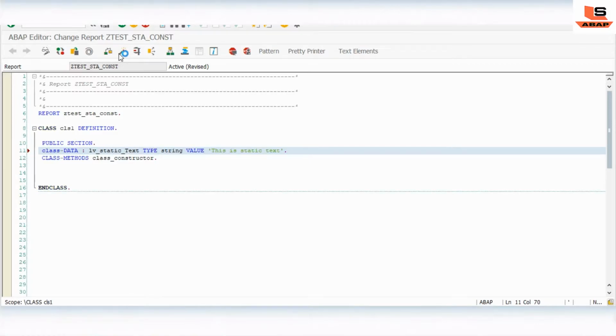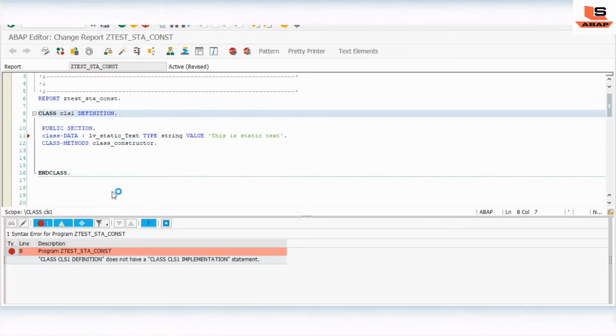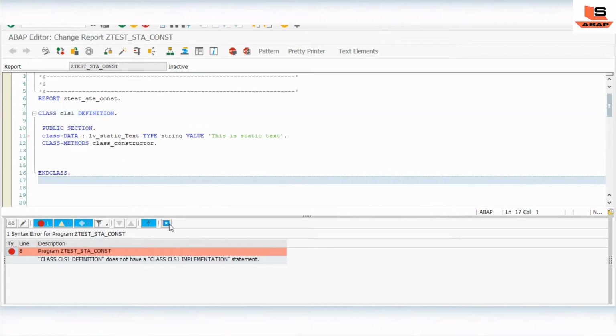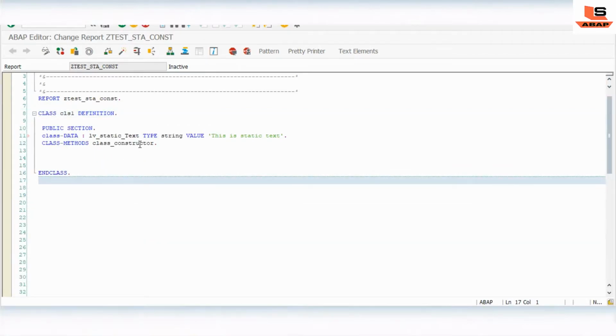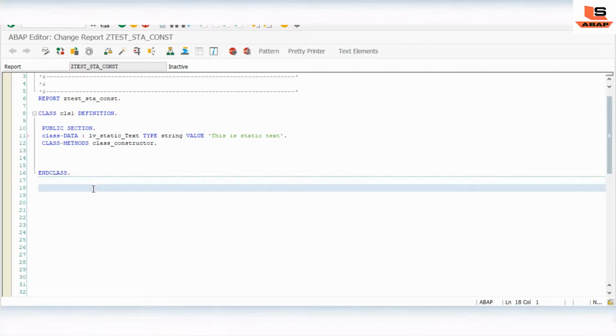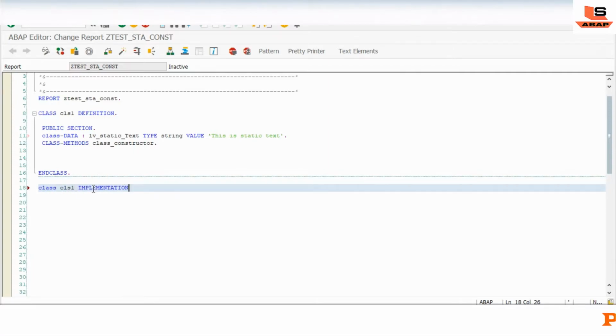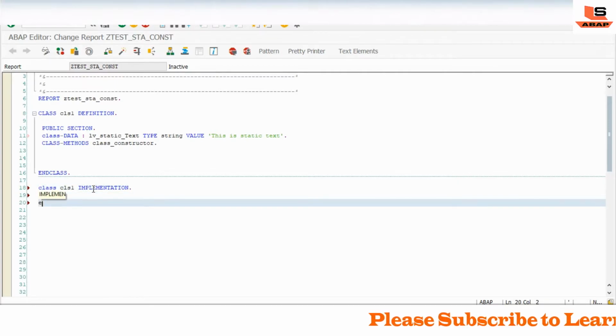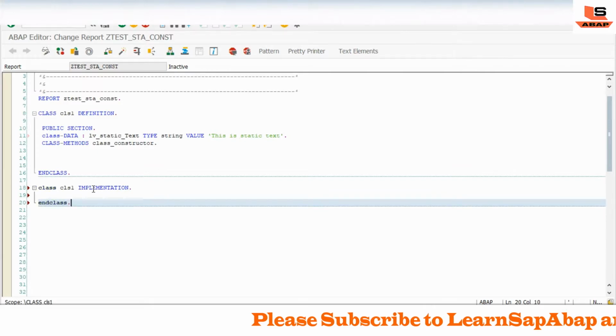Now we are done with our definition part. Now we just have to implement it. We have defined a class with a public section, static attributes and a static method. The error is coming because we didn't implement the static method. So let's implement the static method: CLASS cls1 IMPLEMENTATION, ENDCLASS.